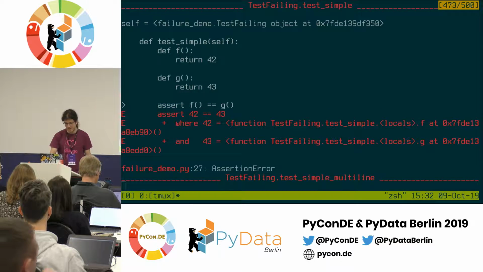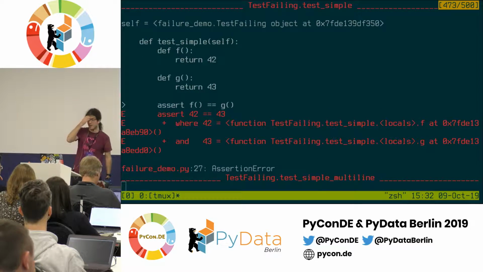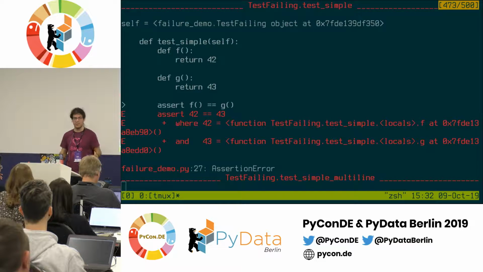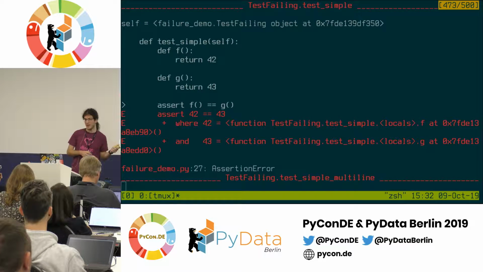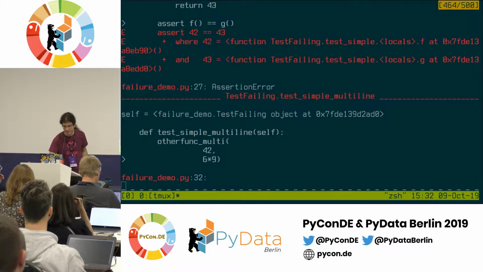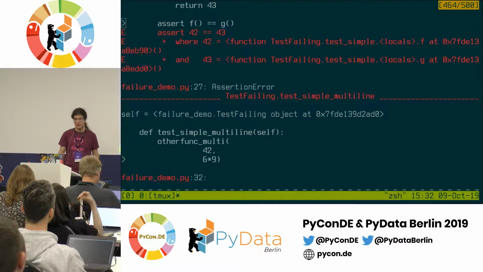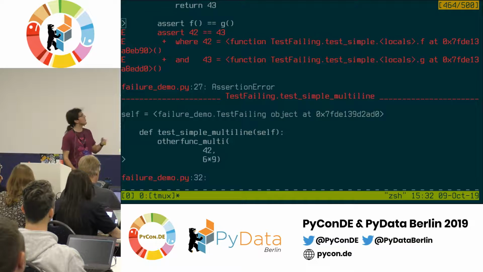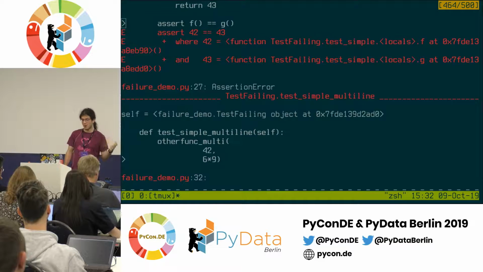What PyTest does is it again does some magic to be able to introspect what happens in the assert statement, and then shows you output like this. So it tells you your code called assert f() == g(), those function calls, and that boils down to assert 42 == 43, and that assertion failed.